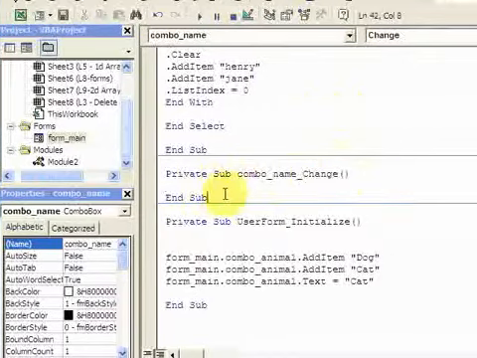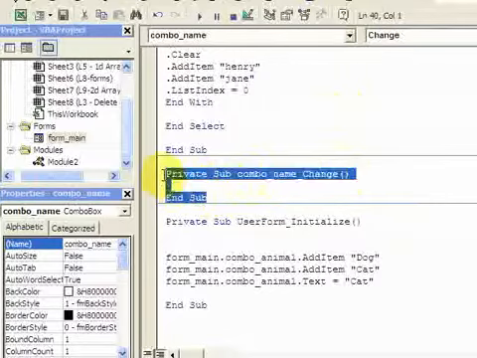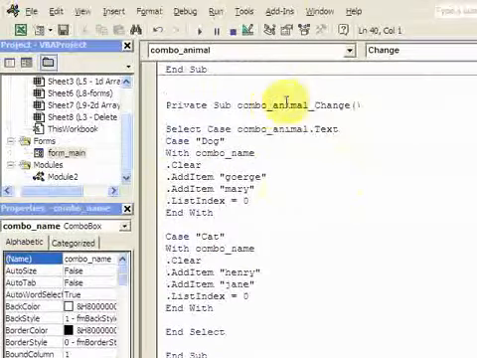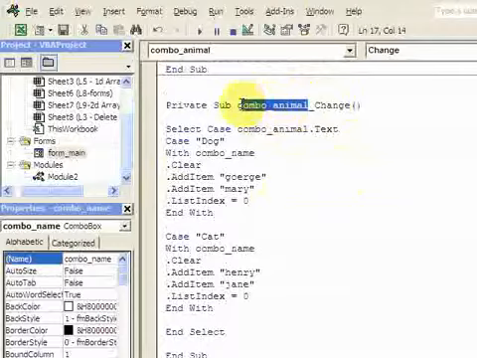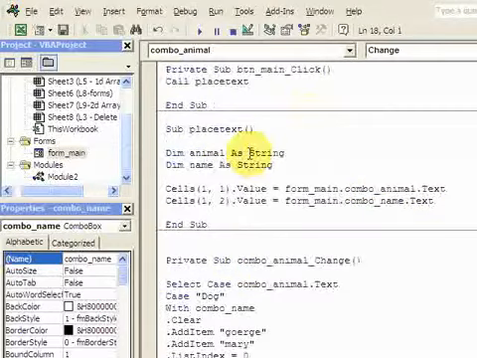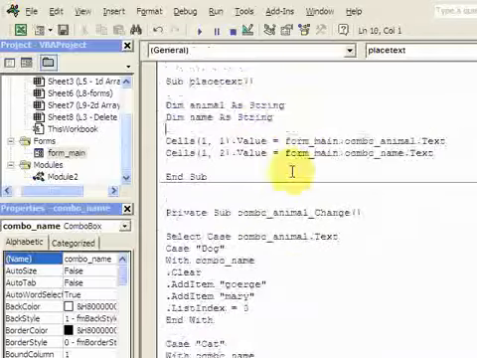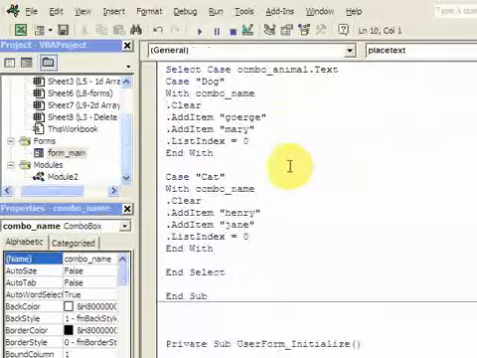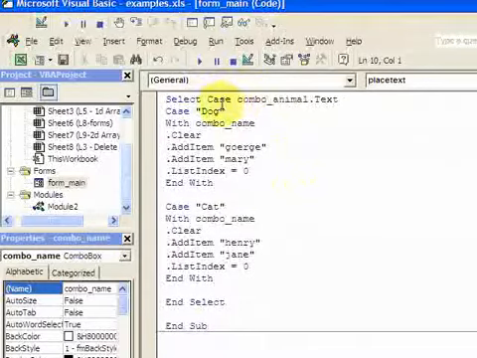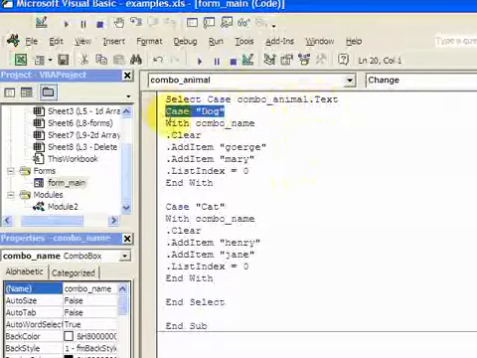So you could write stuff in here, but this is for the combo box name. I want it to worry about the combo box animal, so I already wrote that up here. So combo box animal dot change, and the name, remember I named this combo underscore animal. It automatically puts the underscore change. So I named it combo animal, and what you do is you do a case statement. You select the combo animal text, and what this case means is if the text is dog,